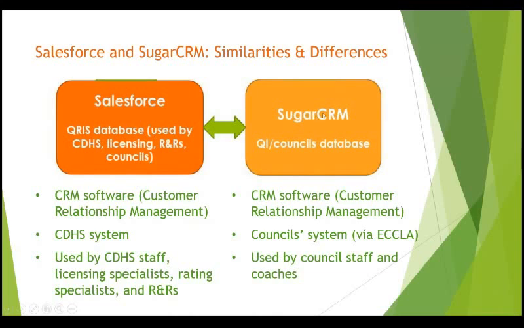There are two main ways and times that the two databases talk. And what they do when they talk is they pass a lot of data back and forth. Up until now, almost all the data being passed back and forth is being passed just one way from Salesforce to Sugar. But what these conversations between the databases mean is that a bunch of this information that is used by CDHS staff, licensing specialists, rating specialists, and R&Rs is getting sent over to Sugar, and